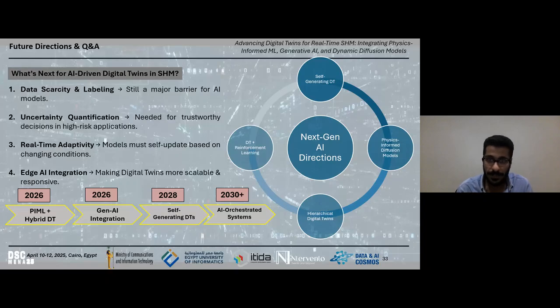So simply, we are thinking about a hybrid digital twin, which combines the physics-based and the deep learning model, something I developed during my PhD, and integrates technologies like physics-informed models and Gen AI, and then at the end we can have a self-autonomous model.